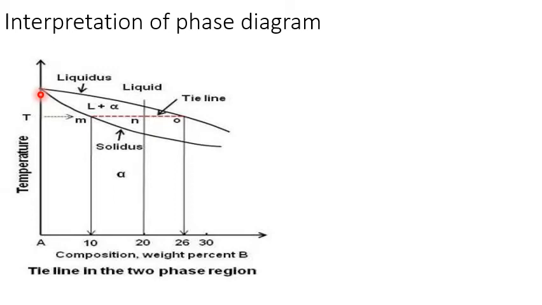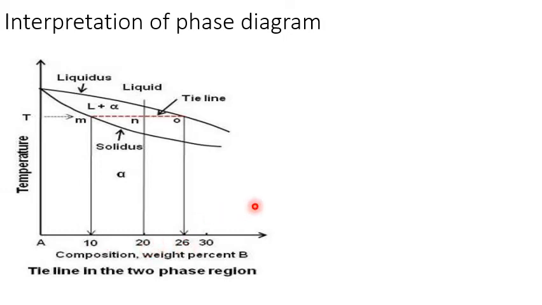Once we know that, we'll take one more example, where we take two components having different melting points. Here we drop a tie line with respect to the temperature T, and the compositions given are 20 and 80. We drop one horizontal line, and the intersections are M and O. The alloy composition is the vertical line, that is N. So we get M, N and O. The overall length of the arm MO is 26 minus 10, that is 16. MN length is 20 minus 10, that is 10, and NO length is 6, that is 26 minus 20.